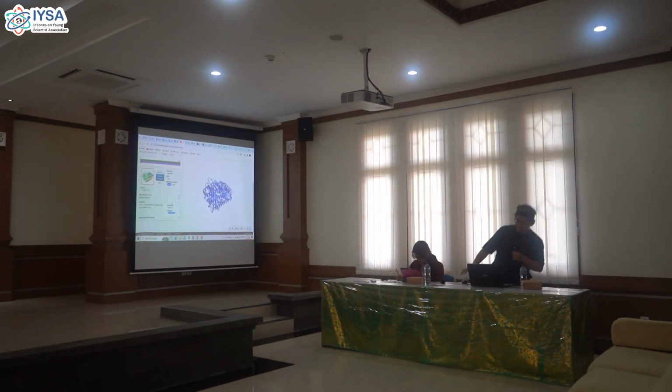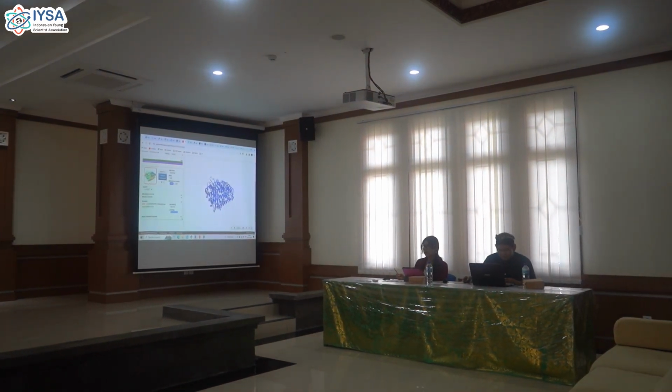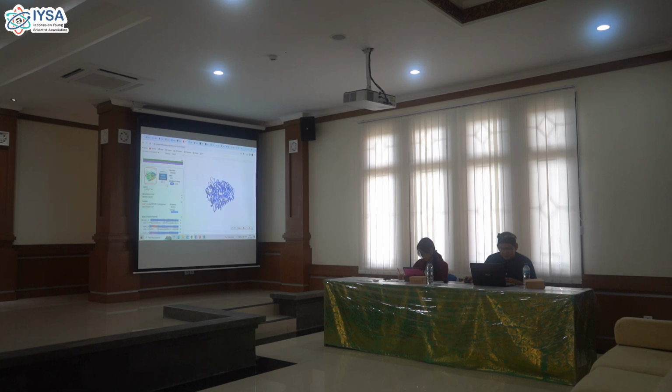But we must save this model first. We can save it in PDB format. All of the modeling processes output PDB format. So we save it in PDB format.